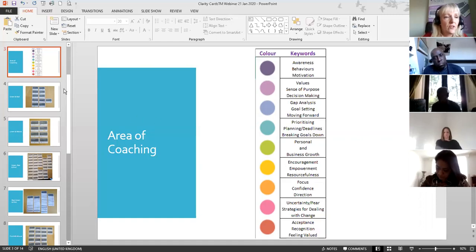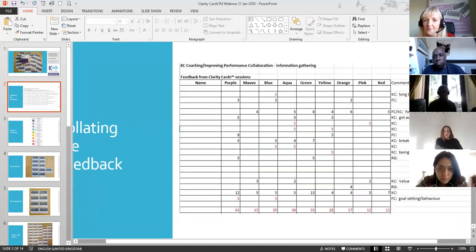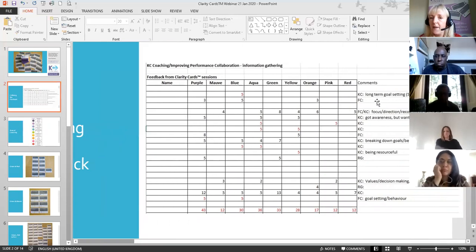Well, what we did was just captured, I'm not sure if you can see this, I might just make it a bit bigger. Yeah, so I've taken the names out just for confidential reasons, but we had about 20 people that we surveyed. And at the end of each session, we just took a snapshot of what the cards were, and gave them some initial quick feedback. So you can see in this one, I've given some people some comments back of a particular area they're interested in. So what we did was, we captured how many each person got of purple or mauve or blue out of the 9 colours, and then looked at the whole